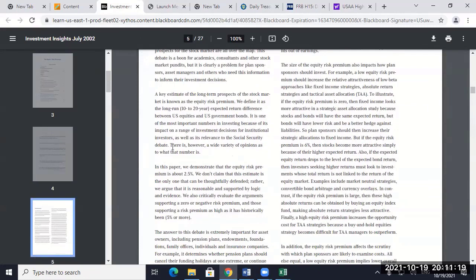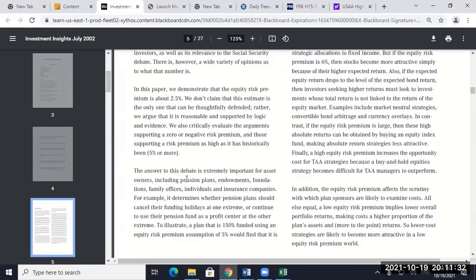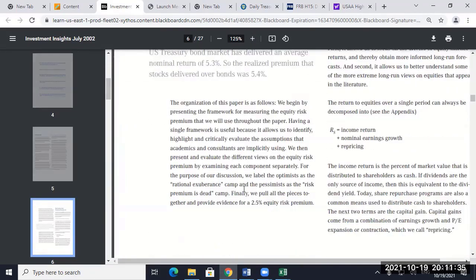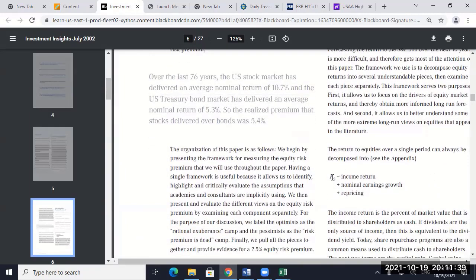Well, in here they say the market risk premium is the most important number in finance, the most important number in investing. So if anything, you should just be an absolute expert on the market risk premium because it is a really, really critical number. But here's the formula that they use. So RS, anybody guess what RS is? R is return, S is stocks. So the return on stocks should equal what?